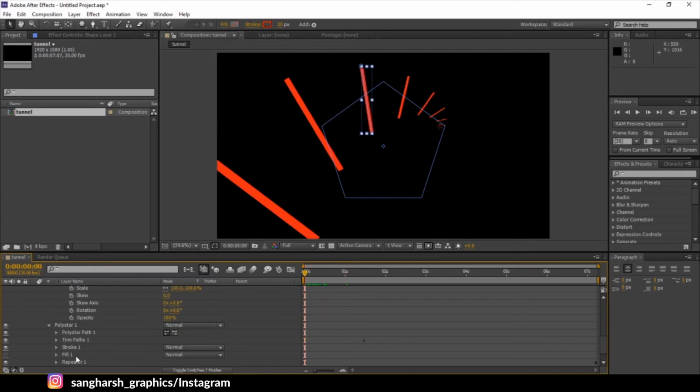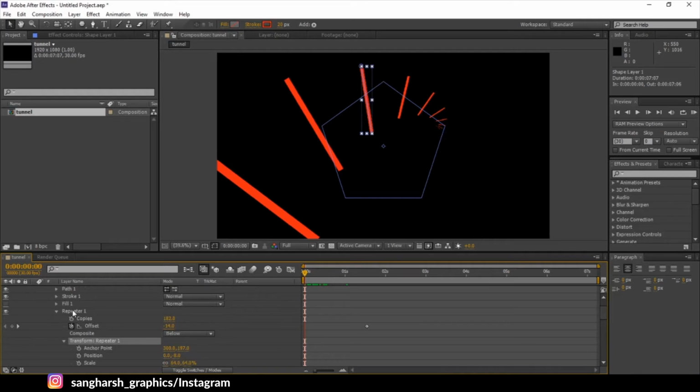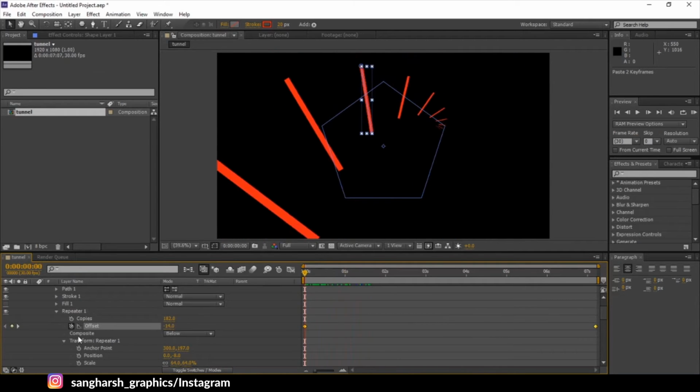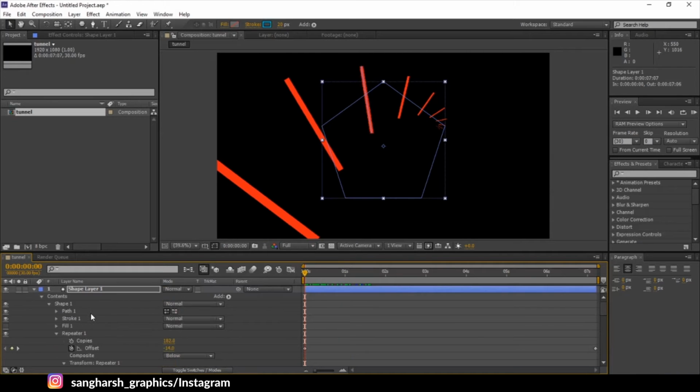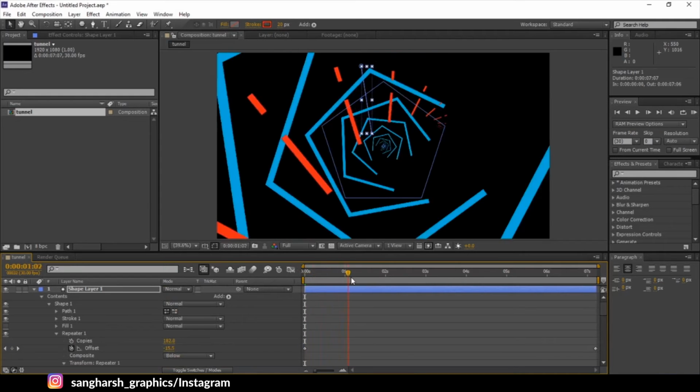Open the repeater, select the offset, press Ctrl C. Same for the repeater here, press Ctrl V. As you can see now we have the same properties. Also select the trim paths from below, press C, select the shape layer, press V. Okay, now we have the same.